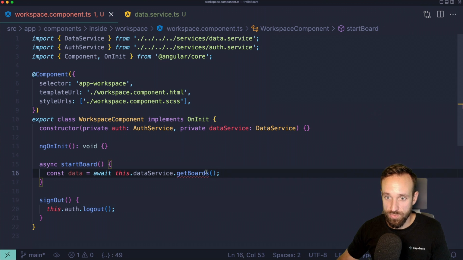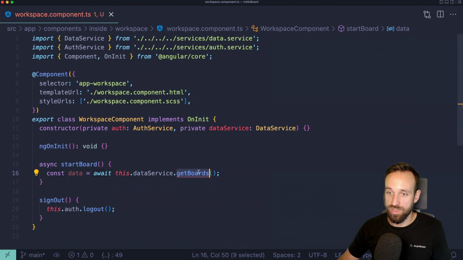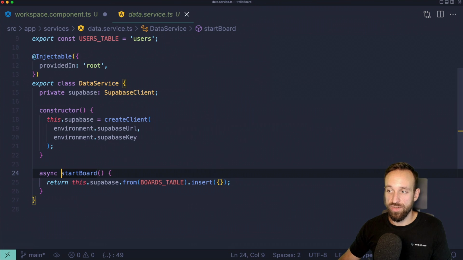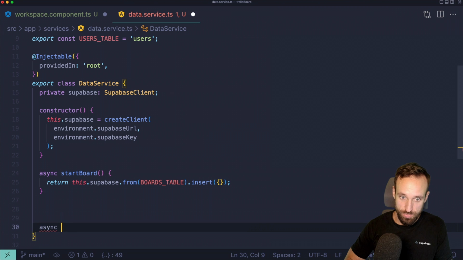Didn't I hit save or anything, or did I? Oh yeah, actually this is start board, not get boards. But on init, we definitely also want to have a function to get boards. This is certainly true. So let's add a new function, get boards, as well